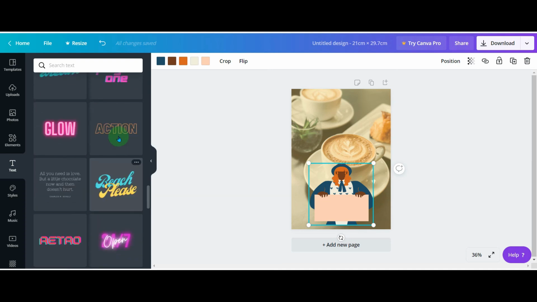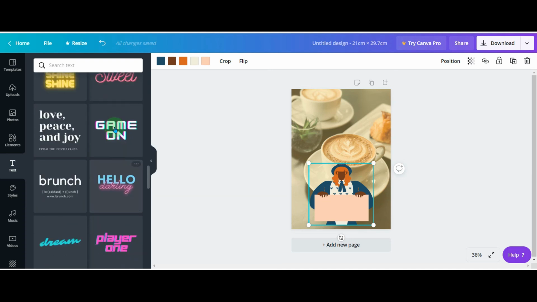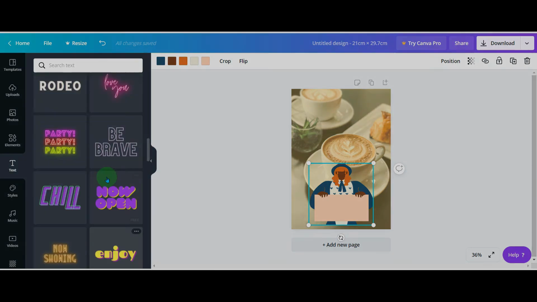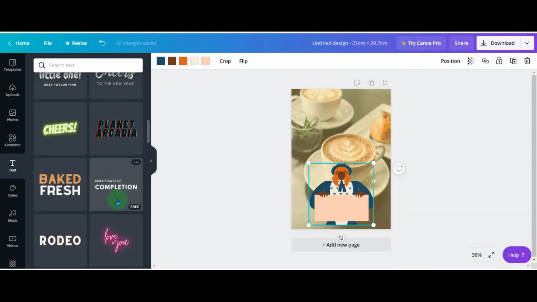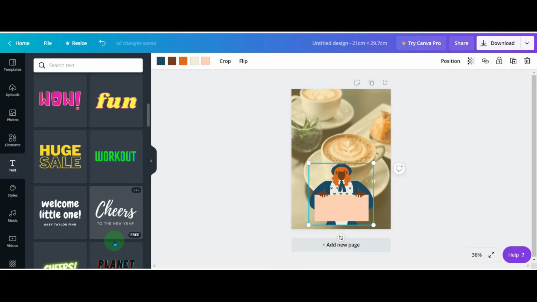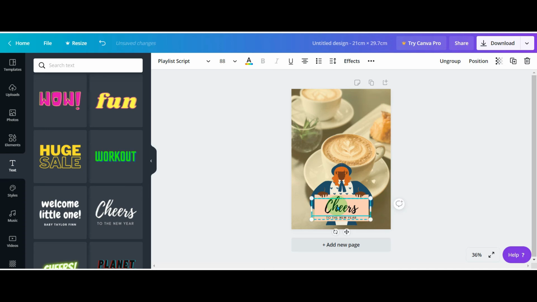Let's use this one. You can move your text to where you want it by dragging and dropping. You will again see your alignment lines. Now you can edit this text.